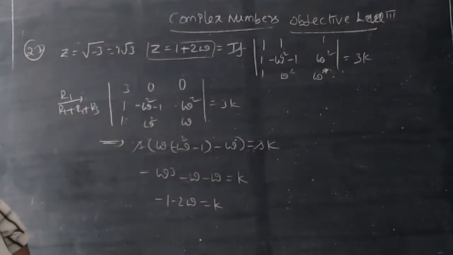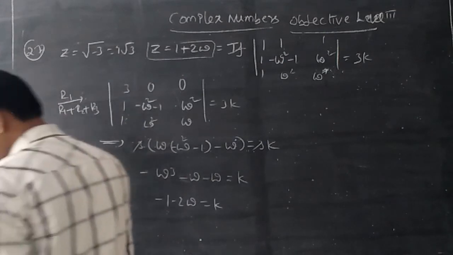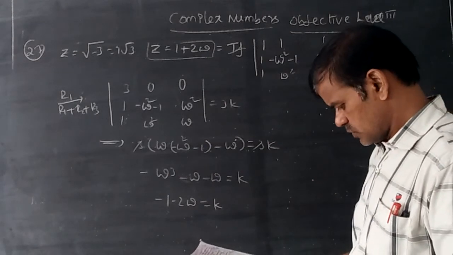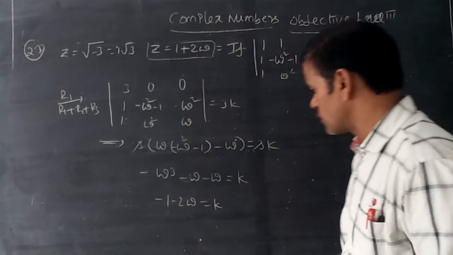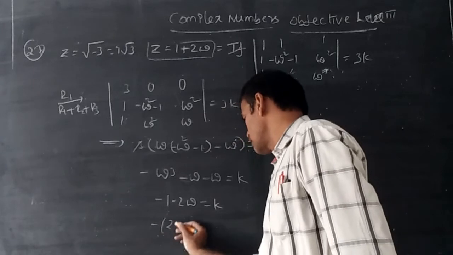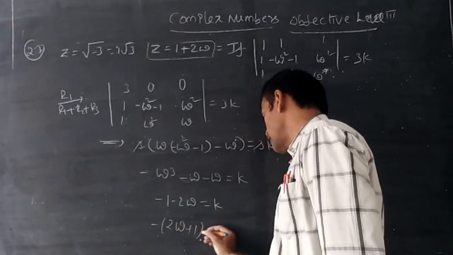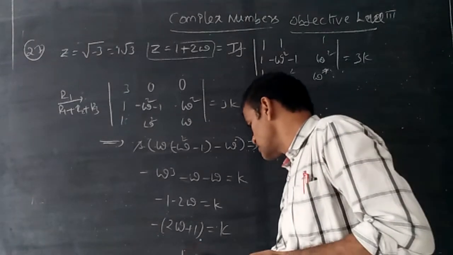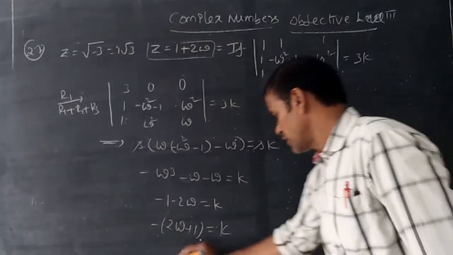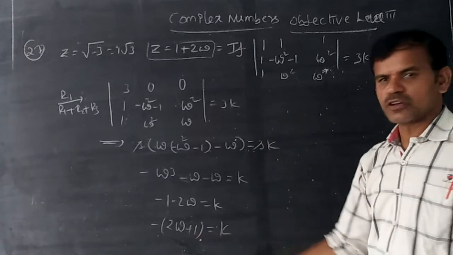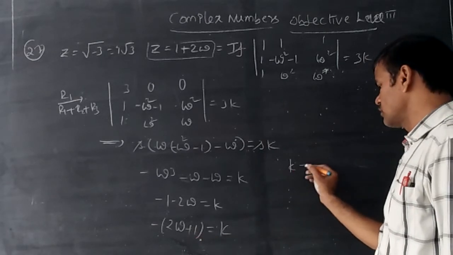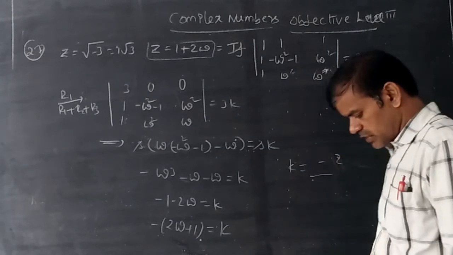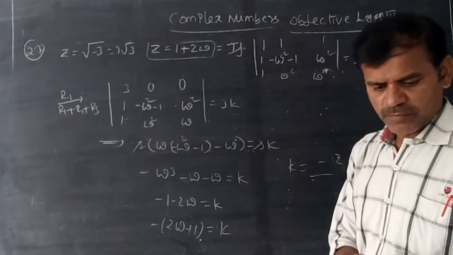So k is equal to minus of 2 omega plus 2 minus 3, take count. So that is why he given the value. Minus of 2 omega plus 1, he indicated with z. So k is equal to, we got minus z. Now we got here k is equal to minus of 2 omega plus 1. So k is equal to minus z is the answer. Minus z. It is fourth option.